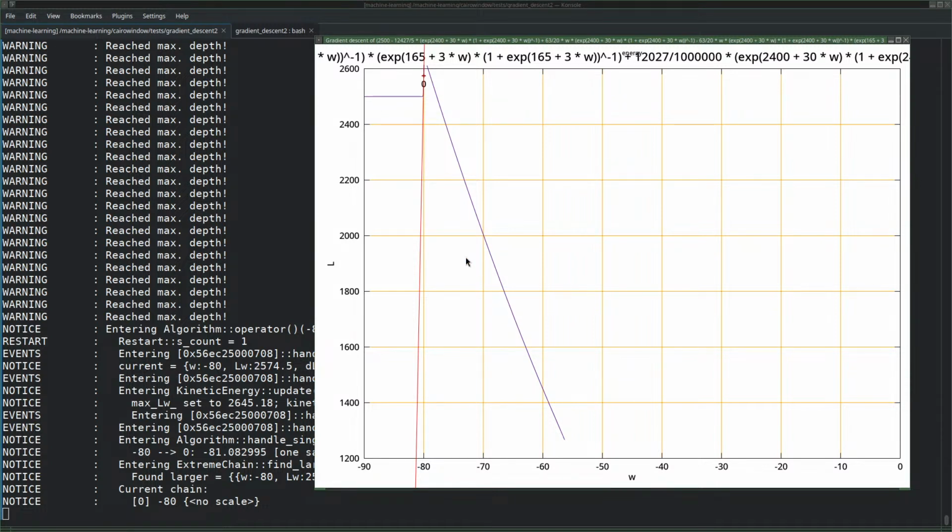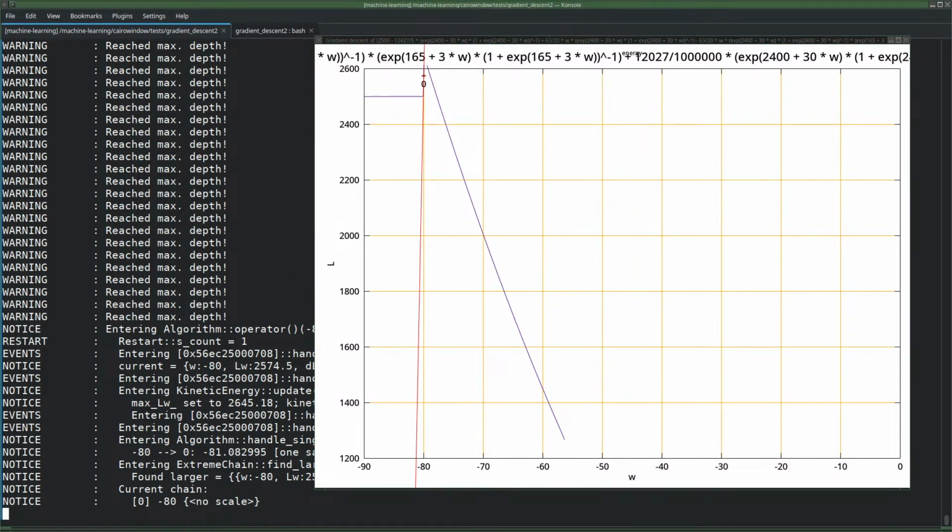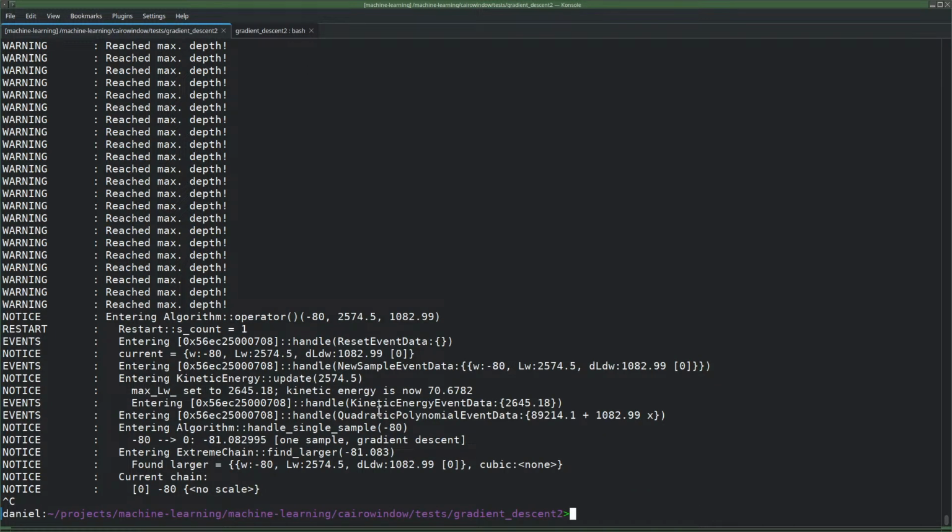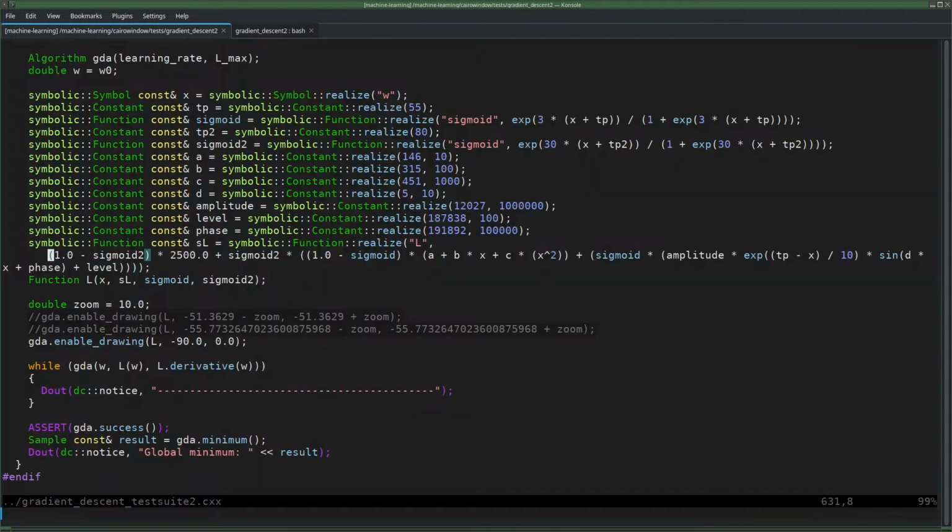Yeah, I just need something with a maximum here, so another parabola or something. Then I have to tune it. Horrible. Instead of 2600, we have to do something with